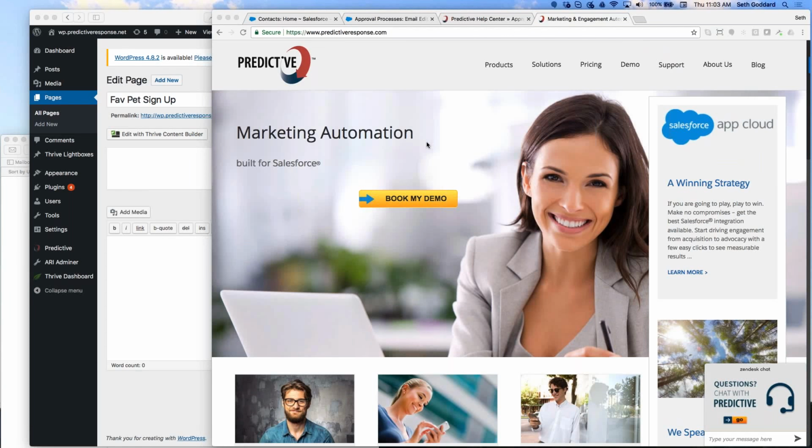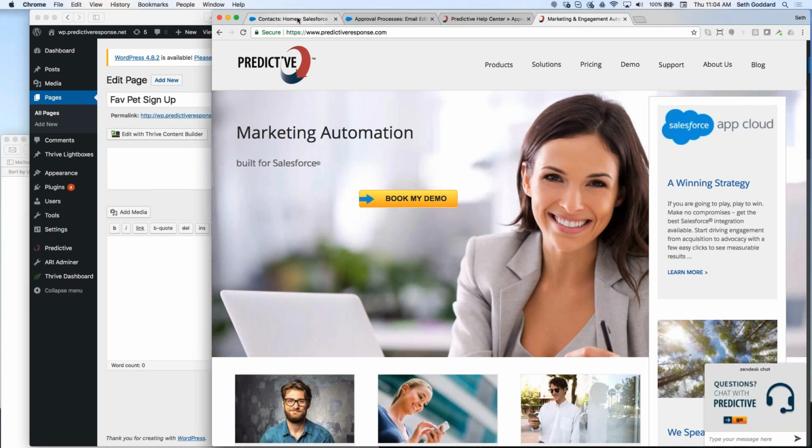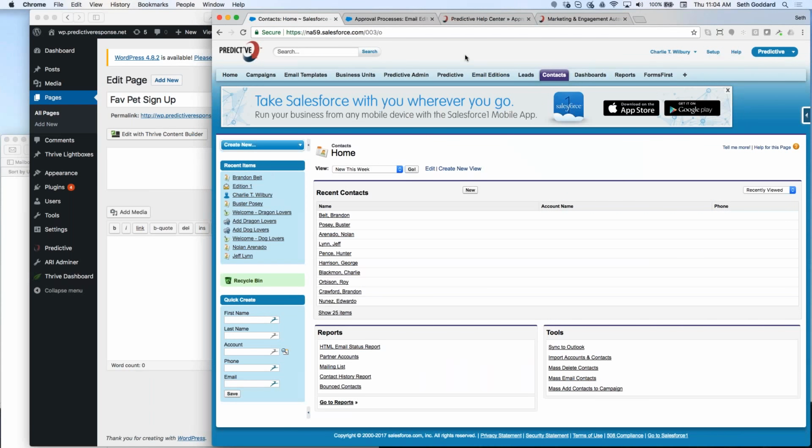Hop into our new functionality, which is landing pages. And we call it Forms First because we know that people not only want to be able to submit new leads, sort of like a web-to-lead functionality, but for us, it's actually kind of like web to anything. We allow you to use any object inside of your Salesforce system as a way to insert data as well